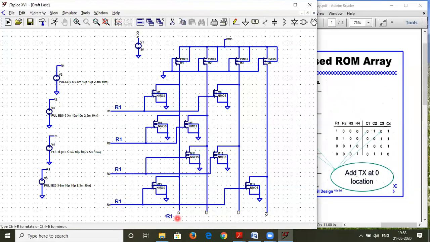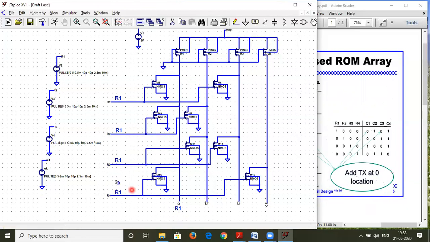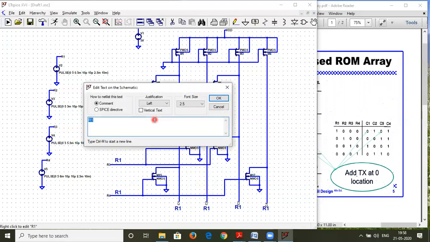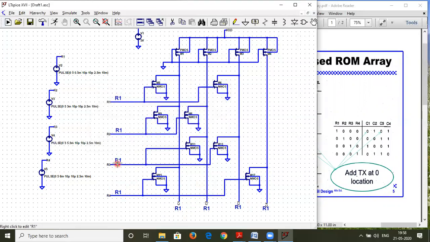So this is similarly my C1. I can change it easily by right clicking it. So now don't worry about the name. We are just prototyping it. Okay, so now we are ready now. So this will be R2.